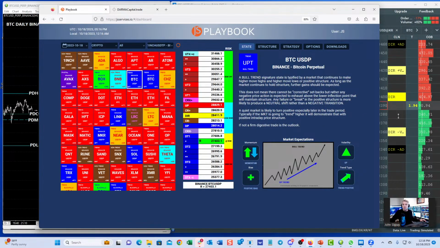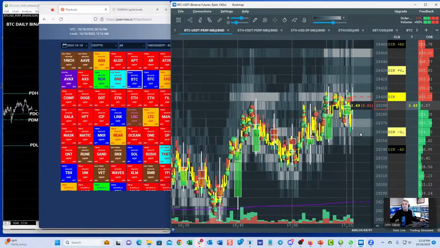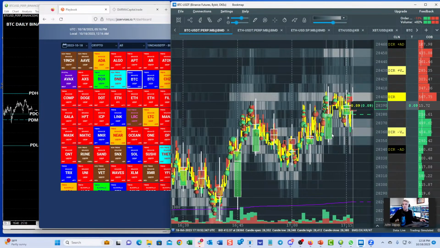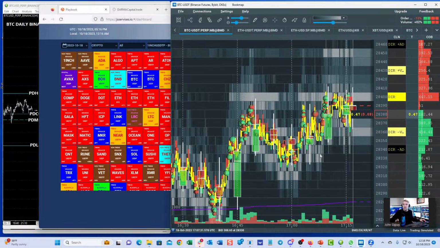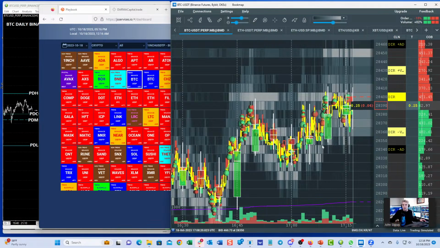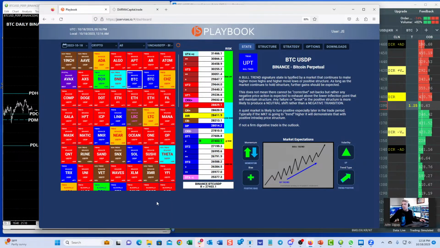When you're in the microstructure, is the market performing to the expectation of the state? If it is, then things are easier to predict. If we're in a positive trend, looking for opportunities to get long is easy. The market's above the VWAP. What's happening in the order book? These things are much easier to jump onto when you have that underlying foundation of what's the context.